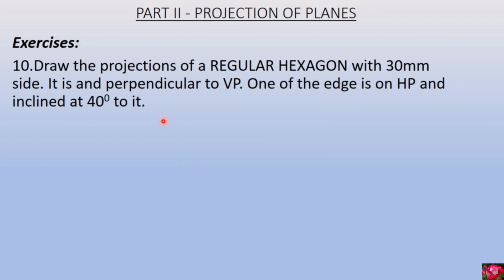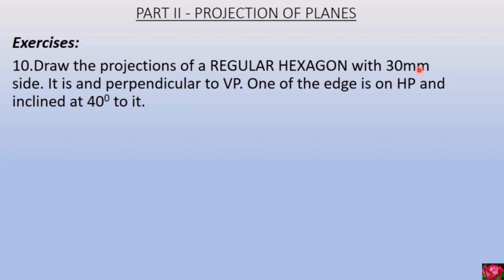This is exercise number 10. Draw the projections of a regular hexagon with 30 mm side and it is perpendicular to VP. One of the edges is on HP and inclined at 40 degree to it. So this is a little bit trickier question, but not tough, because it's just a regular hexagon with 30 mm